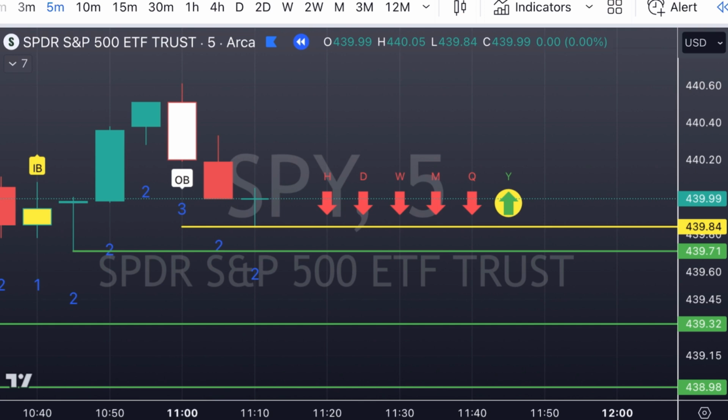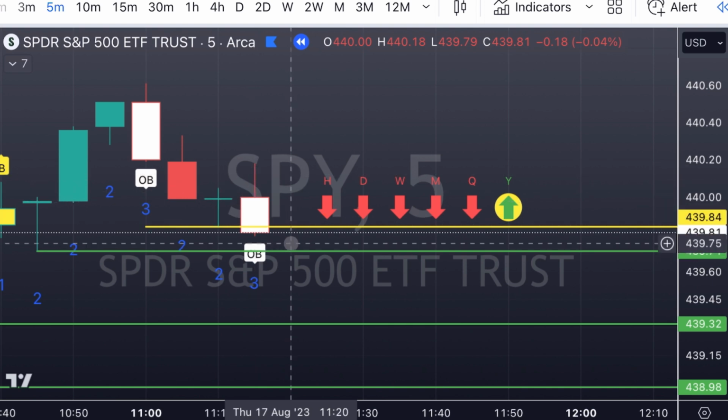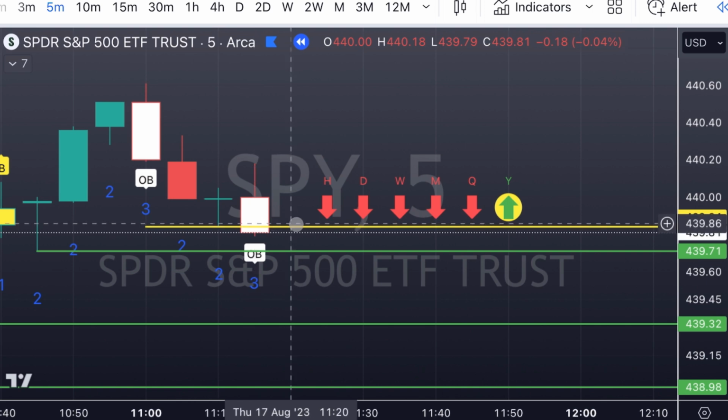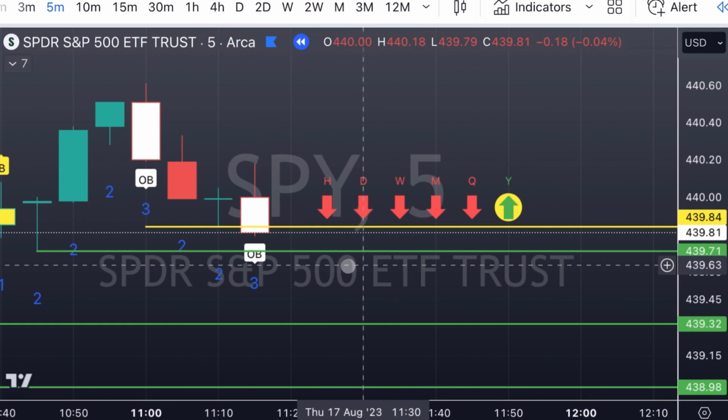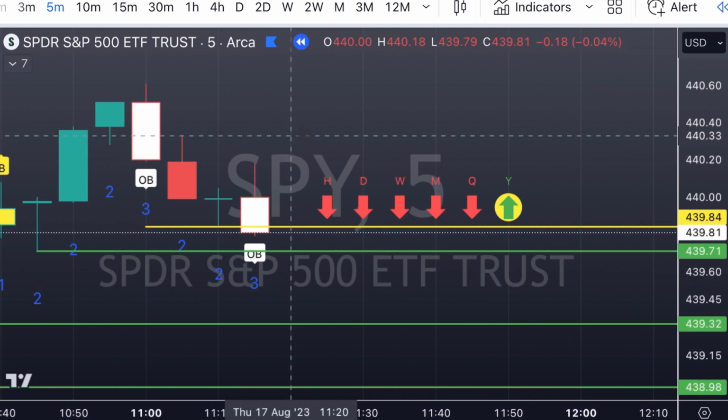So if I click to go on the next candle to see what it is, there we go. So we trended up and then we came down. So we are in this trade now. We broke through this trigger right here, in that trade. So that would have been 41 cents to buy in on the contract on a 439 put. When I take my contracts, I'm usually getting my strike price 1 to 2 strikes outside of the trigger price. So 439.84, I'm looking for 439, I'm looking for 438, maybe a 440. Something in that direction. So now that we've done this, we can go ahead and mark out our stop loss,